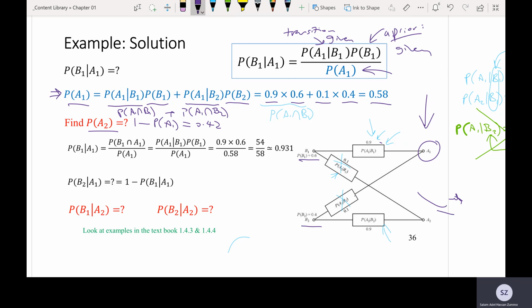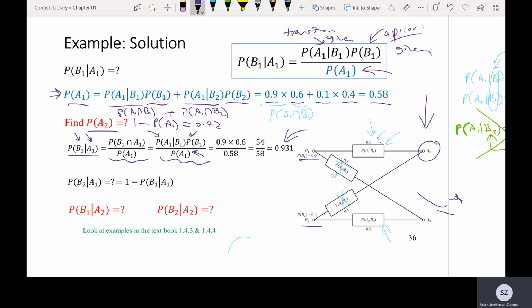Which is I said 0. Simply, we now apply Bayes rule, which is probability of B1 given A1. Probability that given that I received A1, what was the probability I sent B1 is equal to this, and by Bayes rule, it's equal to this. We have all the parameters, numerator, and we found the denominator. So we just multiply and divide, and we get